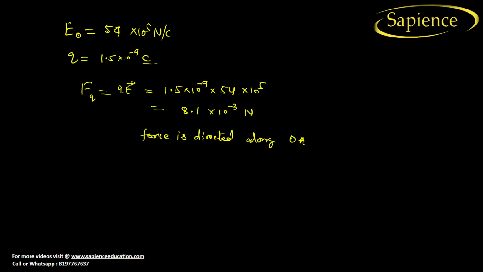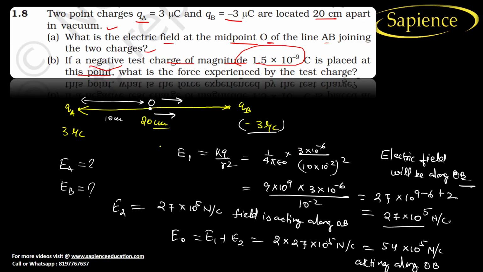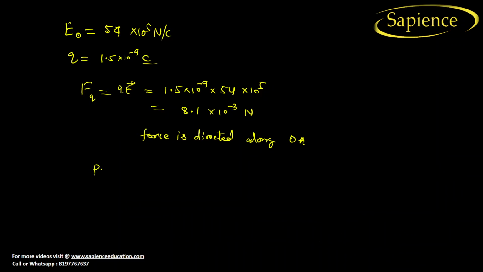Why is this so? See, when you observe this one, this is your positive and this is your negative, and you are putting here a positive charge, so it will get attracted in this direction and it will be repelled. So a positive charge will be repelled by a positive charge